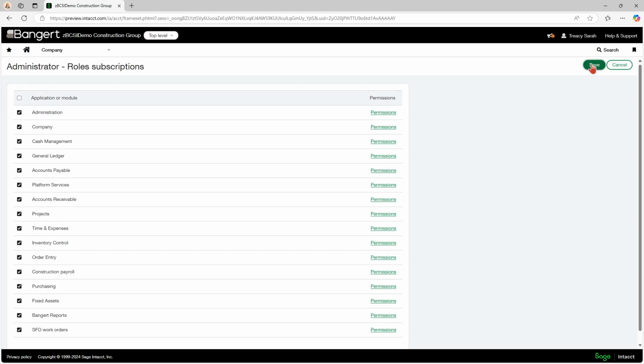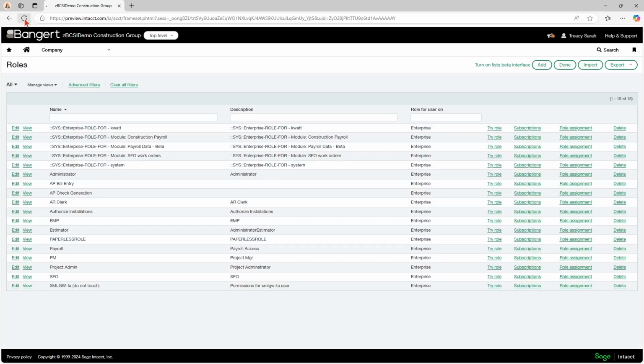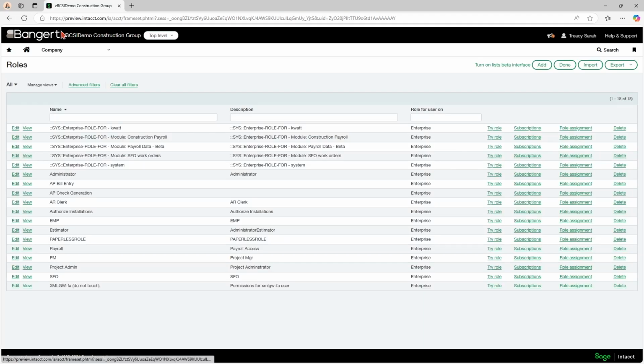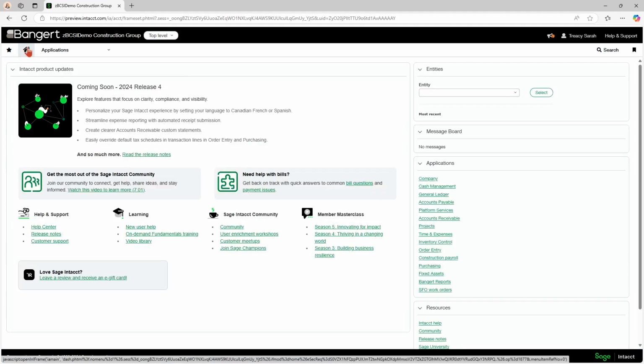And just for good measure, whenever that saves, I like to do a browser refresh because it never hurts. And then the new permissions will have been applied to that role. So that's very important, that you update those permissions.